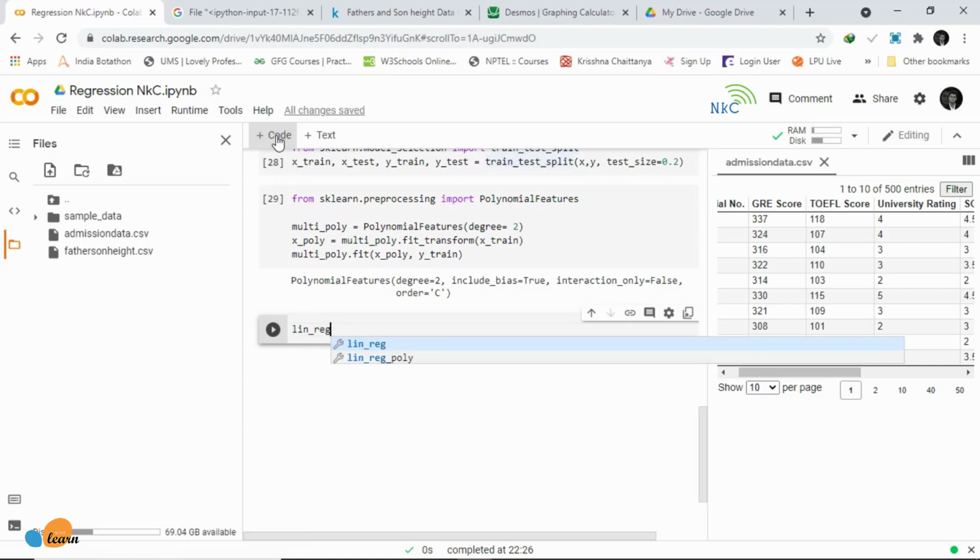Now that we have that done, we are going to create our linear regression model.